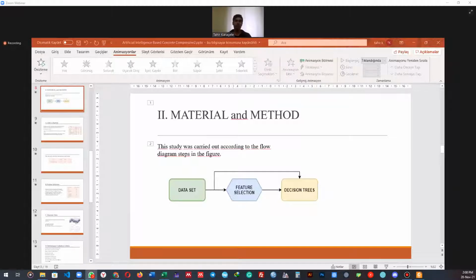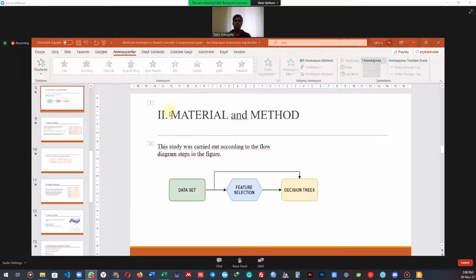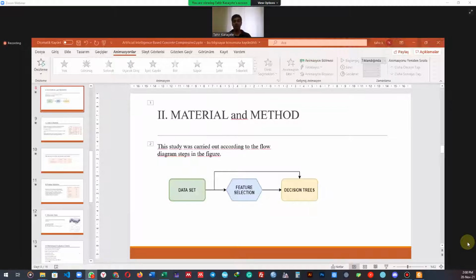Introduction. What is concrete? Concrete is a composite material obtained by combining cement with aggregate and water. And various additives can also be added as desired. You can see here a sample of concrete. Concrete is used